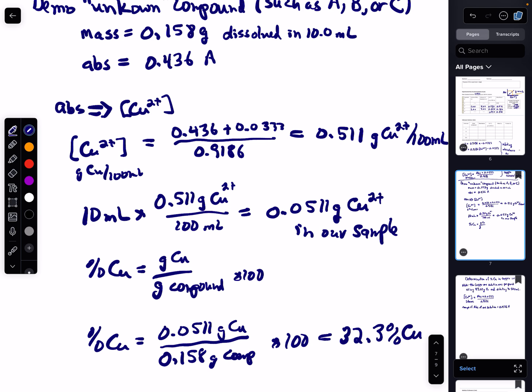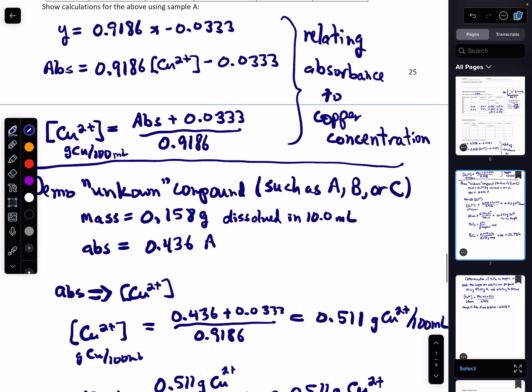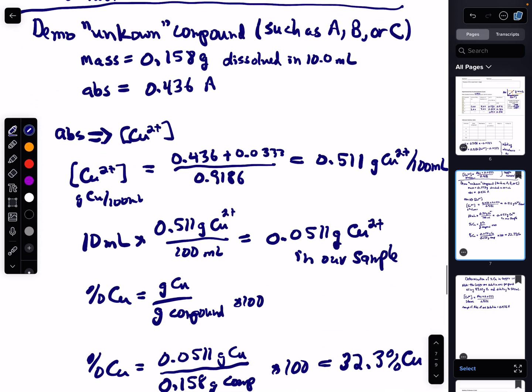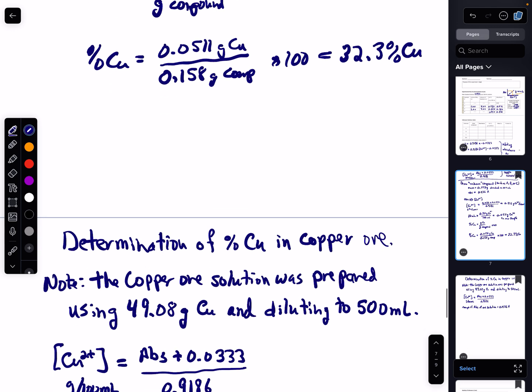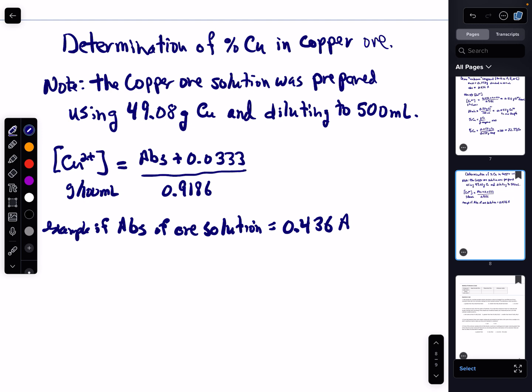Okay, and so the students will do this for each of their 3 compounds, A, B, and C, and could do it for 20 other compounds. Next, we also had the copper ore. We're going to determine the percentage of copper in the copper ore. This is a little different because the copper ore solution was prepared by taking 49.8 grams of copper ore, from a rock that got crushed up and was dissolved in nitric acid and eventually diluted to a total volume of 500 milliliters. And we're just making up an example here: